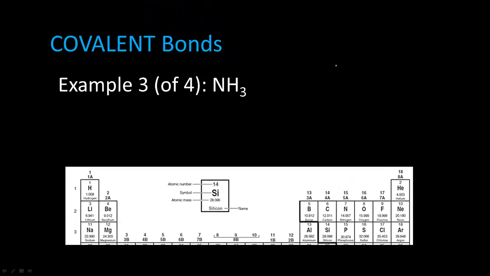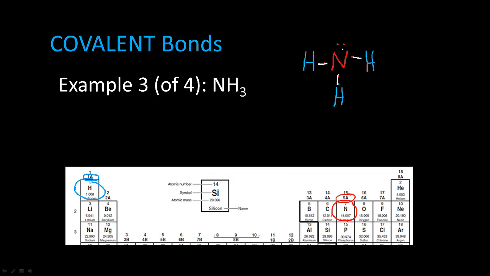First step, our central atom is nitrogen. So I am going to go ahead and write the valence shell electrons for that. It is in group 15, which means it has 5 valence shell electrons. So 1, 2, 3, 4, 5. We have hydrogen. There were 3 of them, and each hydrogen has 1 valence shell electron. So we are going to pair those up so that it is sharing a pair of electrons with nitrogen. And last, we are going to connect each of our pairs that are shared and bonded with a white